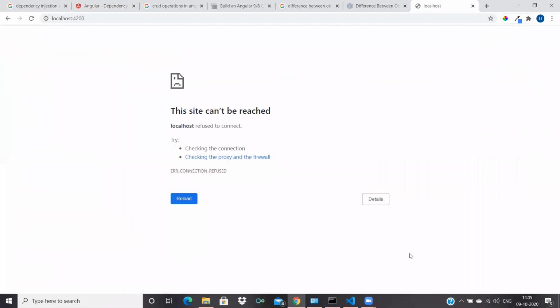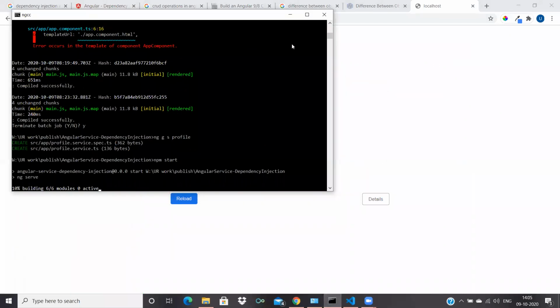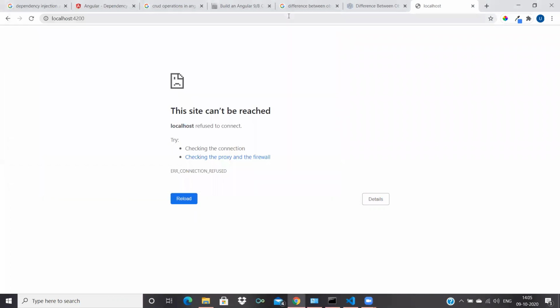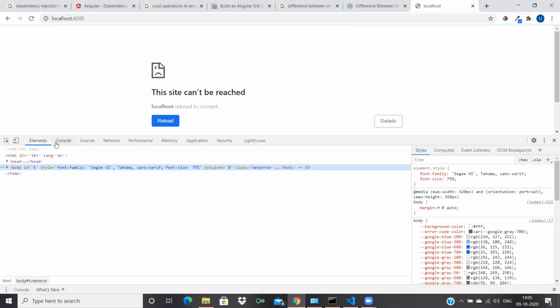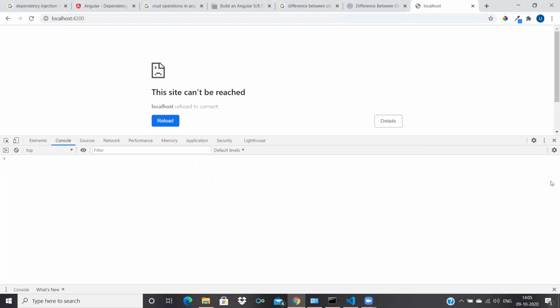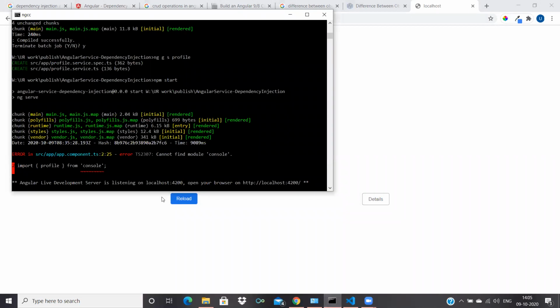Okay, it is taking time to compile. Some issue I have got. What is that? Somewhere in the console it is showing me a profile error.